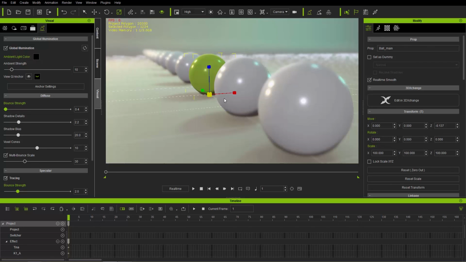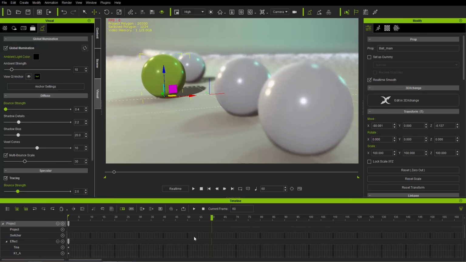But what I'm going to do is I'm just going to press the W hotkey, and we're going to go to a different frame. So we can actually click and drag in the timeline here, which is the same as clicking and dragging in our timeline up here, as you can see. Okay, so let's go to maybe frame 60, and I'm going to just move this over here. Okay, boom.